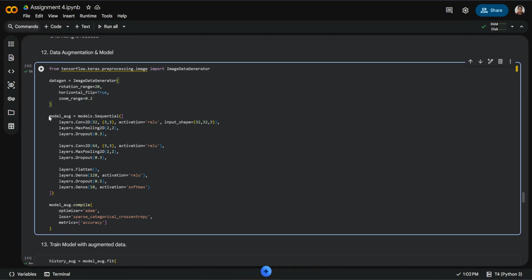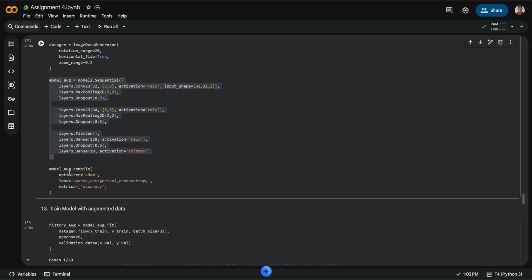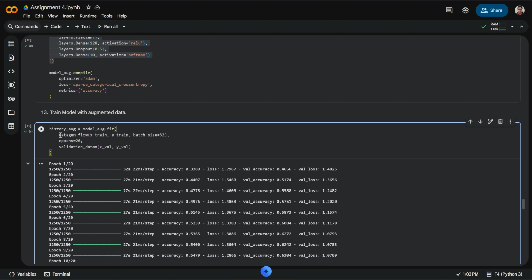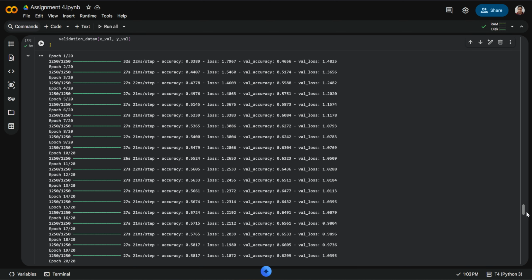This model right here is the same model as our dropout model, but we're just calling it the model augmented. And then we train our model with the augmented data. So as you can see here, we are using the augmented images for training. So yeah, first on the first training,